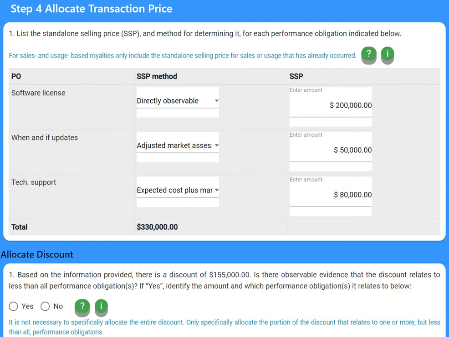In previous videos, we looked at the scope of the revenue standards as well as step 1 through 3. In step 2, we identified the performance obligations, and in step 3, we determined the transaction price. We're now going to move to step 4, which is where we allocate the transaction price to the performance obligations